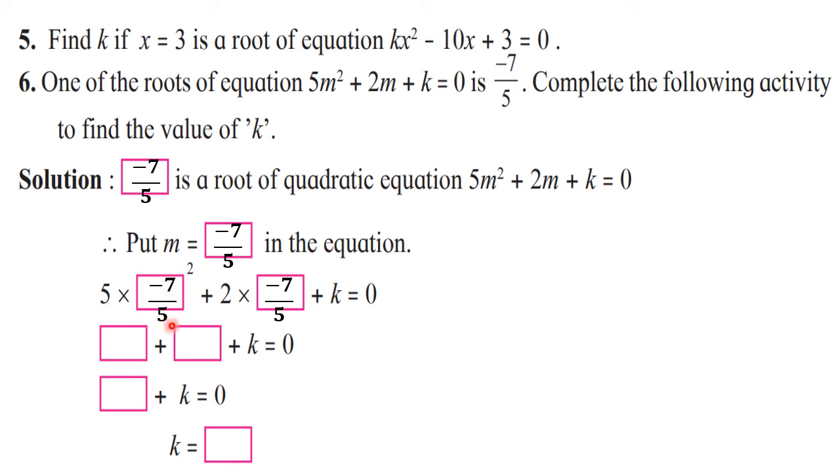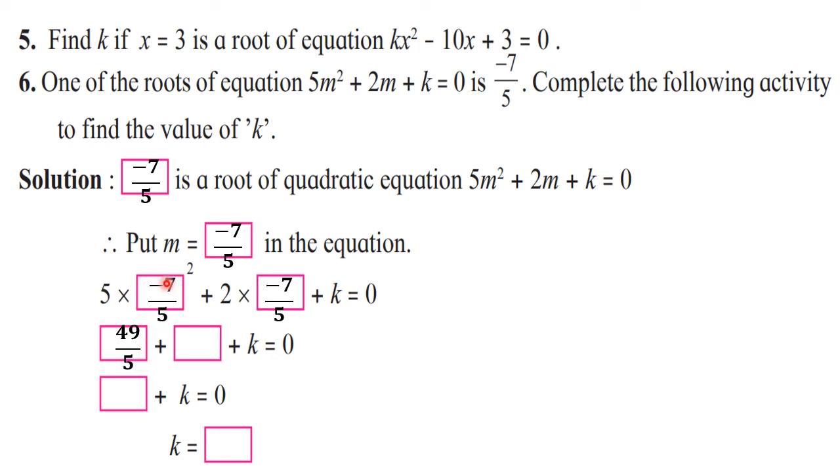Minus 7 upon 5 square you will write as 49 upon 25. If you want, you can do it in your notebook on the right hand side. That 7 square is 49 and 5 square is 25. You know that the square of a negative number is positive. So don't write negative. 49 upon 25 you will get here. And the 25 which is in the denominator will get cancelled with 5. You know that 5 5s are 25. Okay. So the answer of this term will be 49 upon 5.